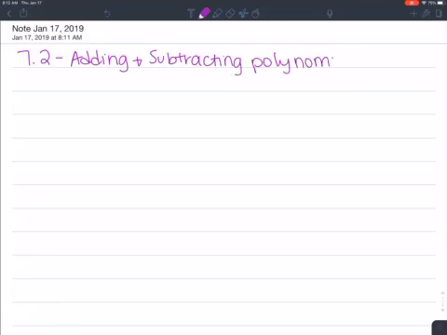All right, so today we're covering 7.2, which is adding and subtracting polynomials. We're going to do a couple of examples for both adding and subtracting. So our first example